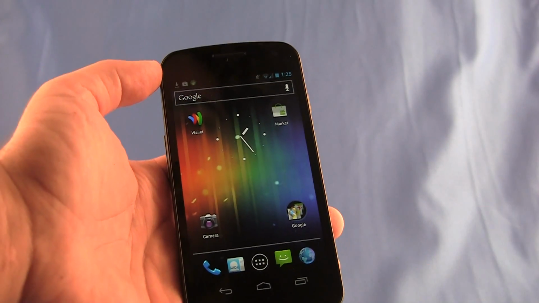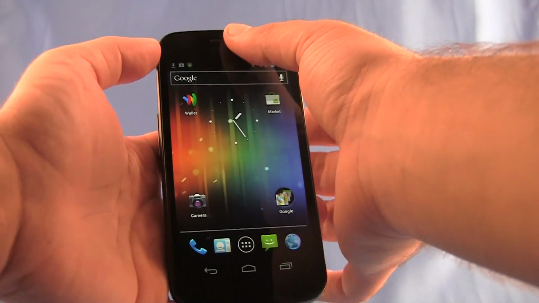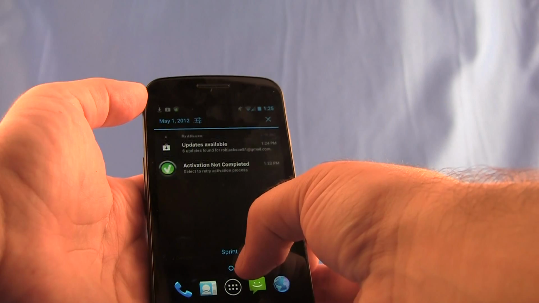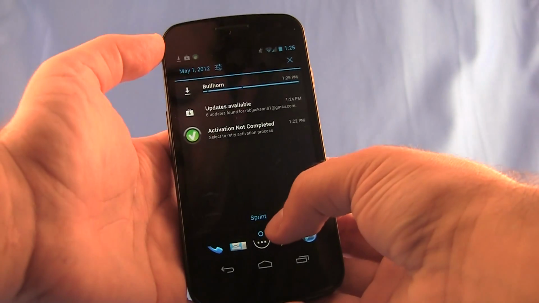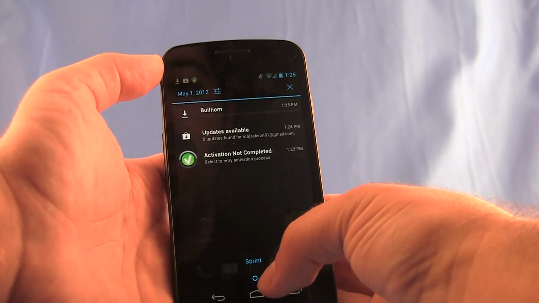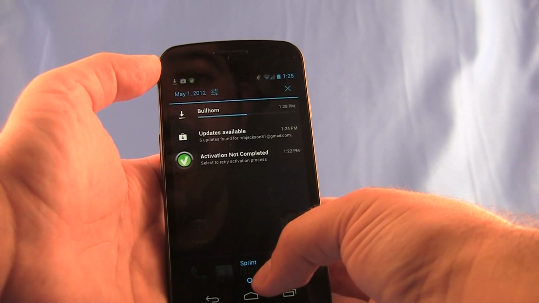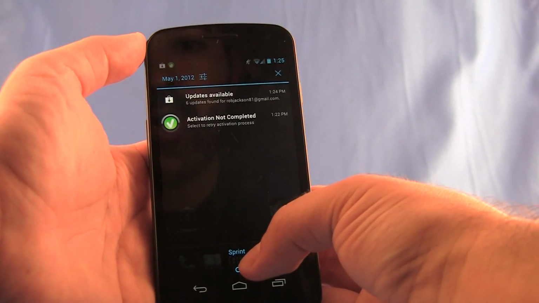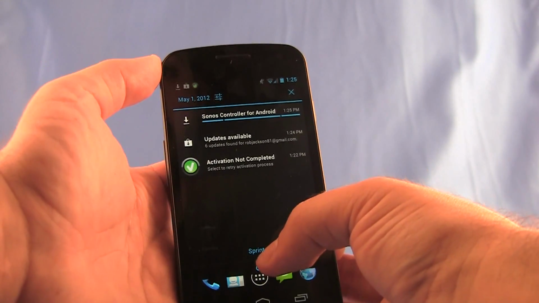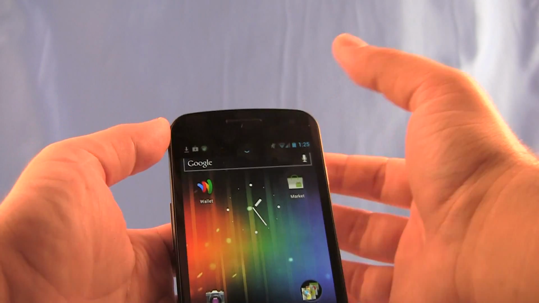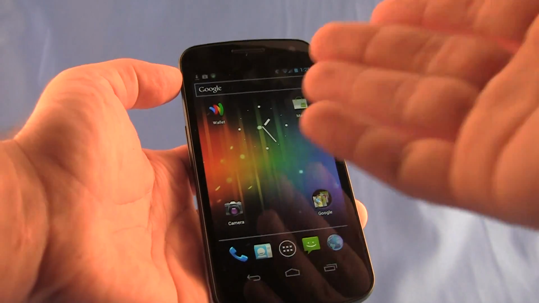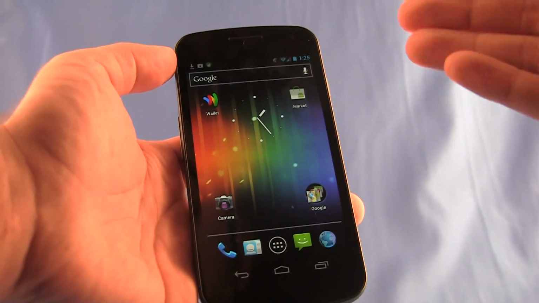Okay, so I'm now logged into my Google account using my Android phone, and you can see it's updating apps automatically, downloading apps that I already had in my account, which is a great feature. So it's syncing my contacts, my email, all the apps that I previously had, and downloading them. So that's a great part when you get a new Android phone. If you've already had Android, you get all the content right on your phone right when you start using it